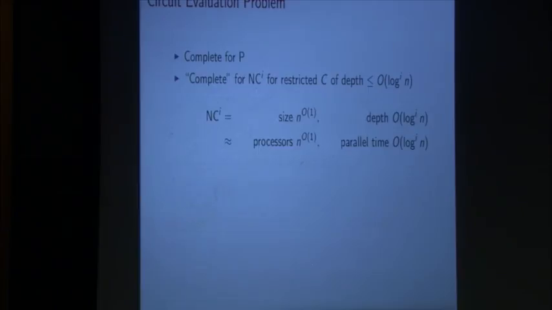And if you use the layer by layer evaluation strategy, then the depth of the circuit would determine the parallel time you need to evaluate the circuit. Okay, this NC^i forms a hierarchy of efficiently computable problems inside P. They are problems that you can compute very efficiently if you allow parallelism. For example, NC^3 are the problems that you can compute in log n cubed parallel time using a polynomial number